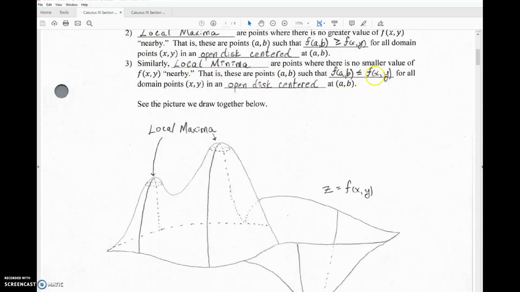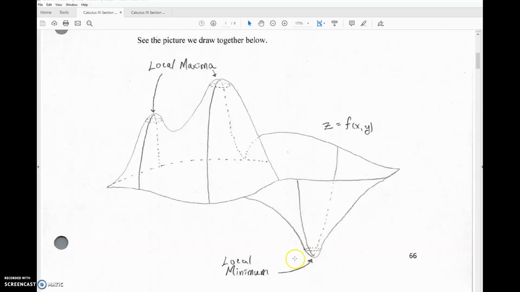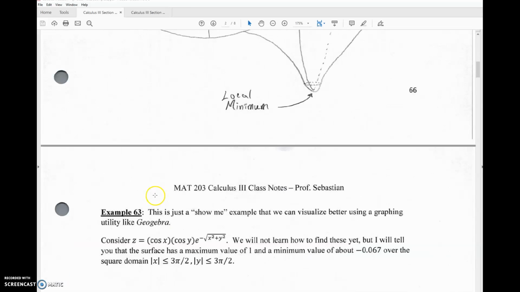Similarly, local minima are points where there's no smaller value of f of x, y nearby. That is, these are points (a, b) such that f of (a, b) is less than or equal to f of (x, y) for all domain points in an open disk centered at (a, b) again. So this is a picture of a local minimum, where if I were to walk out of the bottom of this valley, I'd have to go up no matter which direction I went. So in this open disk, everything from this point (a, b) has to go up. Okay, so